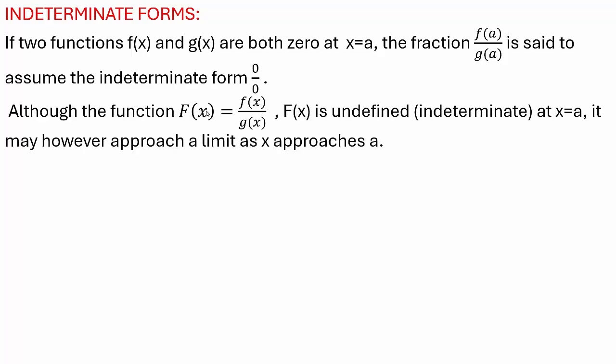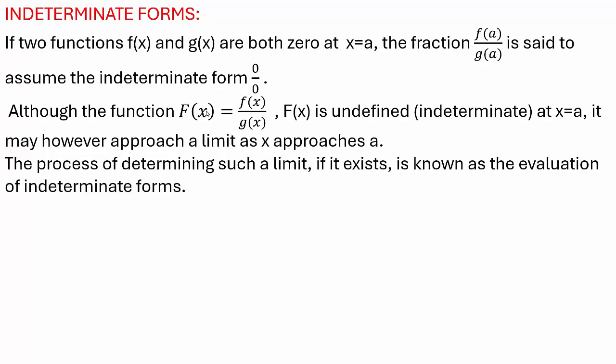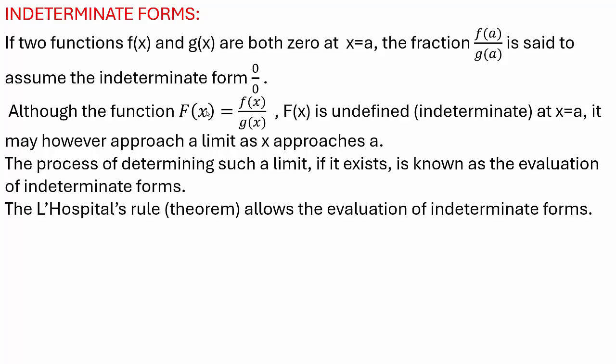Although the function capital F(x) equal to f(x) by g(x), capital F(x) is undefined, that is indeterminate at x equal to a. It may, however, approach a limit as x approaches a. Though the function is undefined, its limit can be obtained. The process of determining such a limit, if it exists, is known as evaluation of indeterminate forms. For that,